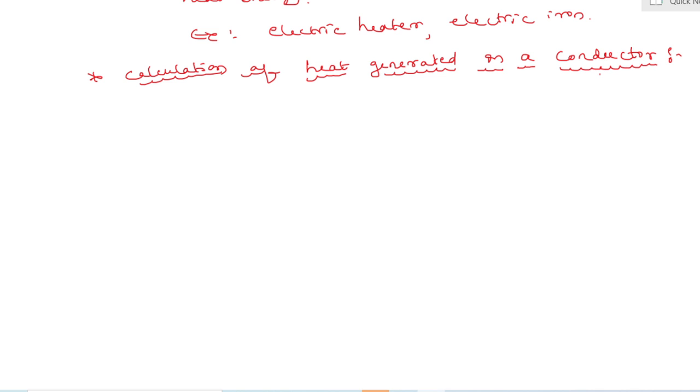Assuming a conductor as a resistance wire which resists the flow of current through it, work must be done by the current source for continuous flow of current. Now, we calculate the work done by the source when the current I flows through a wire of resistance R. When an electric charge Q moves against a potential difference V, then